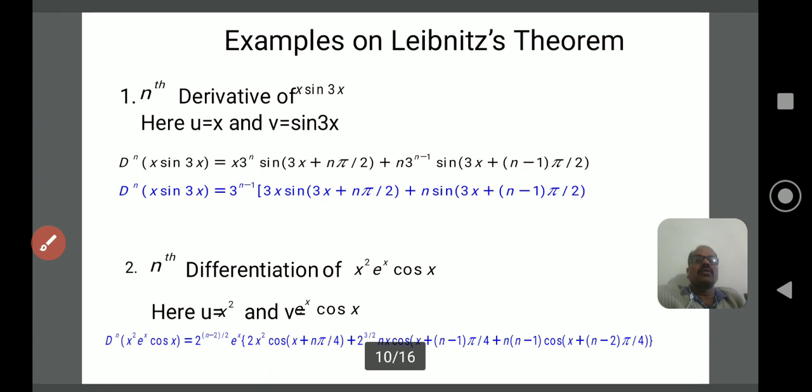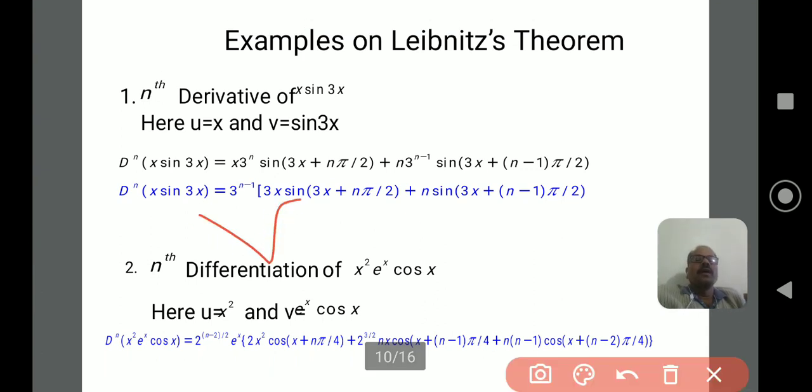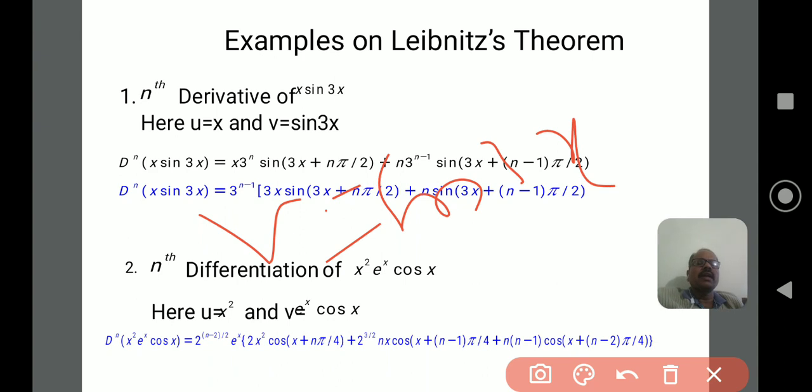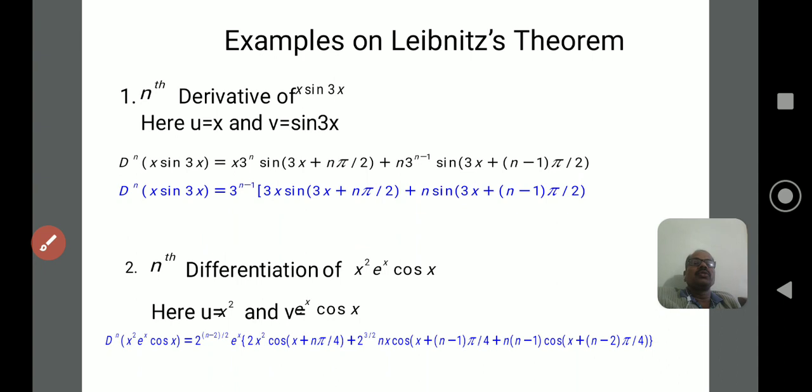Okay, next function, observe the result: v is equal to sin 3x. We can differentiate n times, or 10 times, or 100 times, and sin 3x is never equal to 0 or a constant value. That is why it is called a non-reducible function. Preferably in the Leibniz theorem, we choose like this: u is always a reducible function and v is a non-reducible function. Okay, now we can start with the solution.